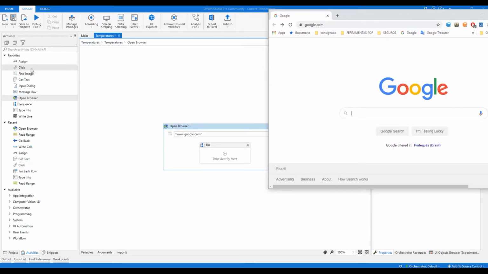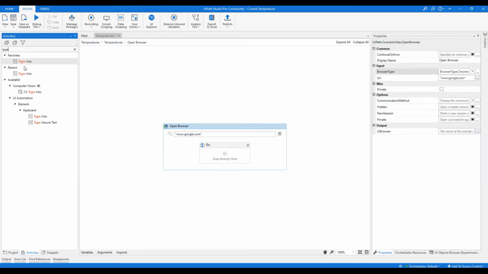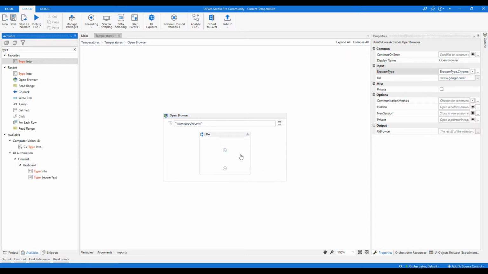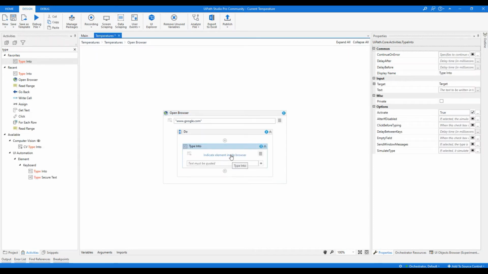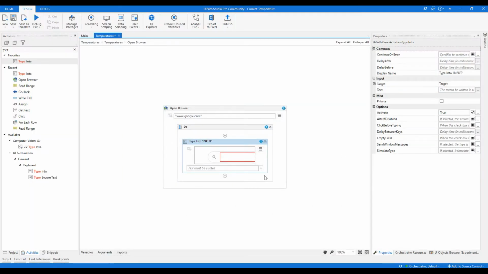Now I just open Google, and in order to inform where we need to put some information, we will choose the type into activity, and we will indicate where we have to type. Just hover your mouse over the blank space, and UiPath now knows where it should type. So what do we need to type there? We will type inside the quotation marks weather